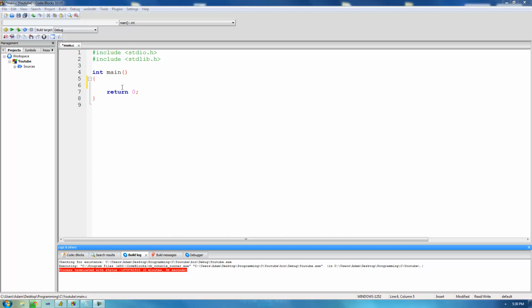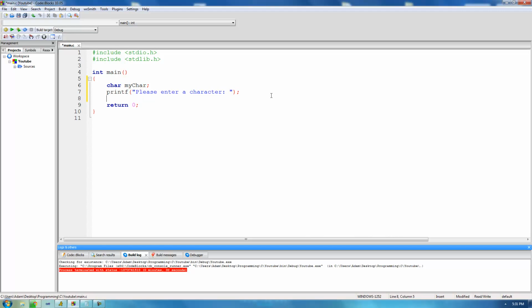So what I'm going to do right here is just create a new character variable. I'm going to say char myChar, and then I'm not going to set it equal to something. I'm actually going to ask the user to enter a character, and then the character that the user enters is going to be stored inside of this variable right here. So now I'm just going to print out onto the screen asking the user to enter a character. So I'm going to say please enter a character,